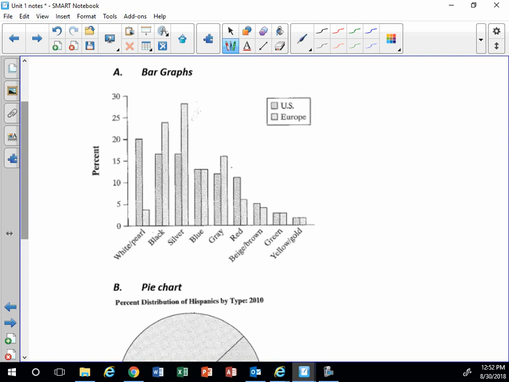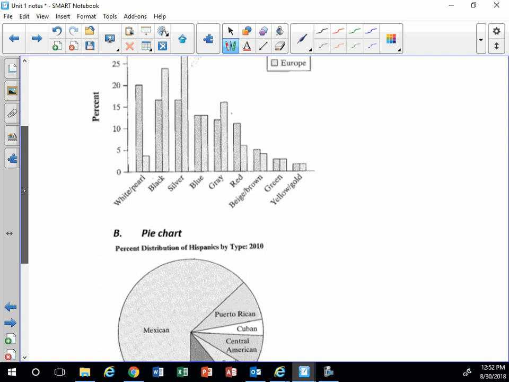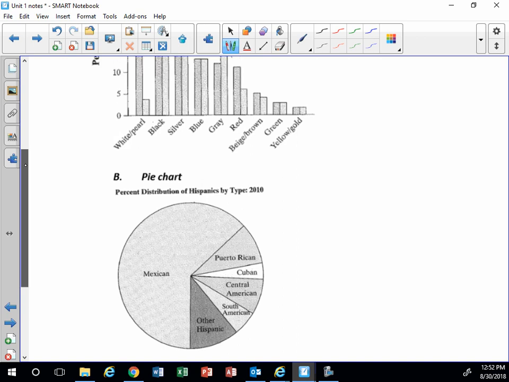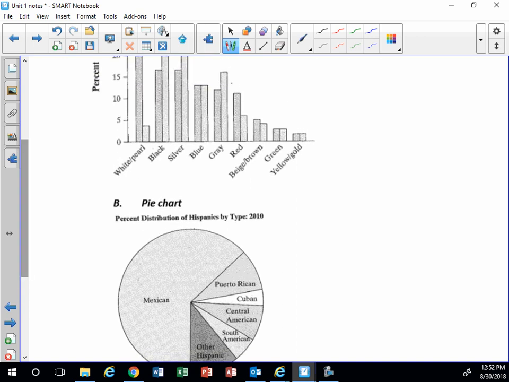And then we can also use a pie chart. Okay, so you've got your different categories and the percentage of the pie that it takes up is the percentage that that category is. So what I want you to try to do is just next to each of these, you're going to make